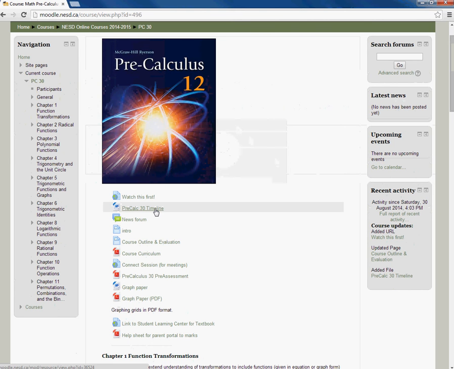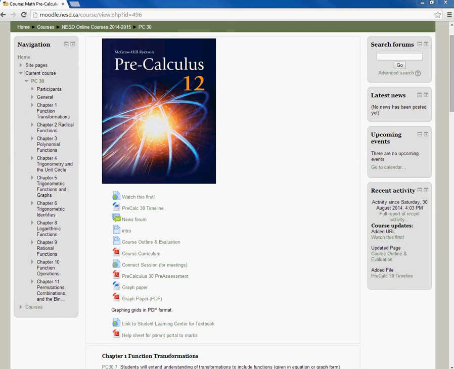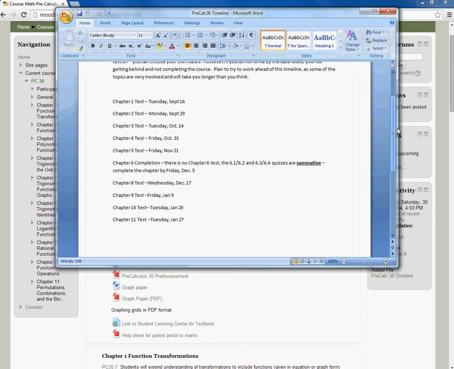Now if you click on this, which I'm going to do, and get it to pop up here, I'll drag this over. There we go. And here's our timeline for the first semester,